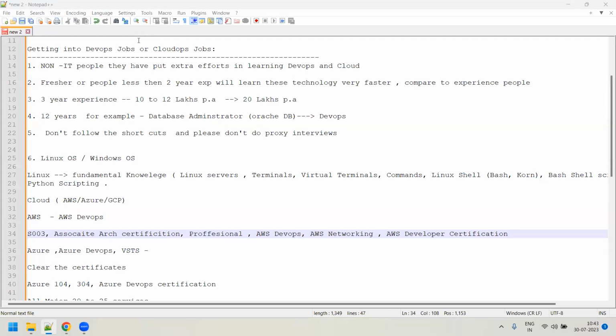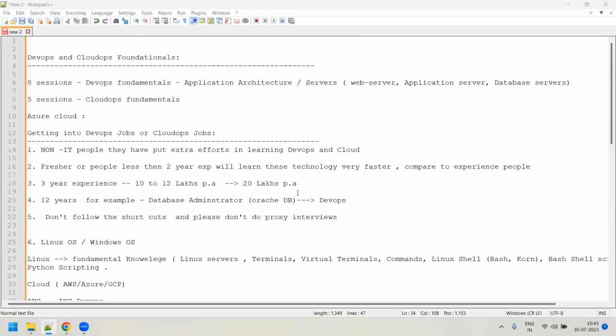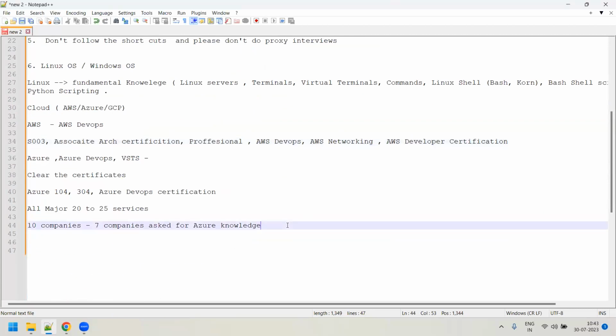Okay, guys. Sorry, I think we didn't start anything on DevOps and cloud fundamentals, but I think this was needed because many people have asked this question. Now coming back to DevOps, these are the two things, Linux and cloud. Now coming to DevOps. Yes, guys, please ask me questions if you have.